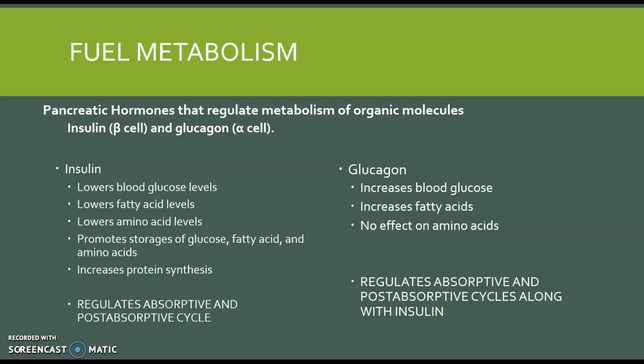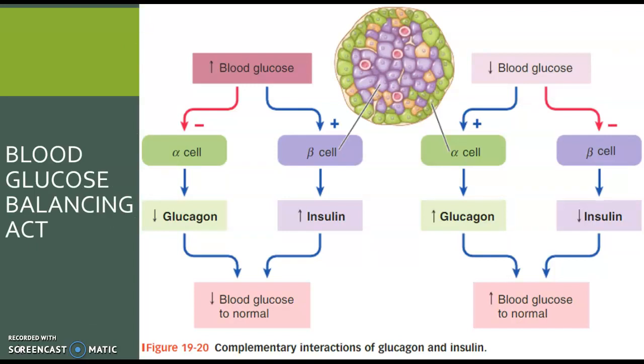So what does this actually look like? Within the pancreas, there are several different cell types, as you see in the top center portion of this picture. But the primary cells that we are going to look at here are the alpha and beta cells. These cells are the ones that actually secrete these hormones, insulin and glucagon, when it is appropriate. In the case of what's on the left, where you see an increase in blood glucose,